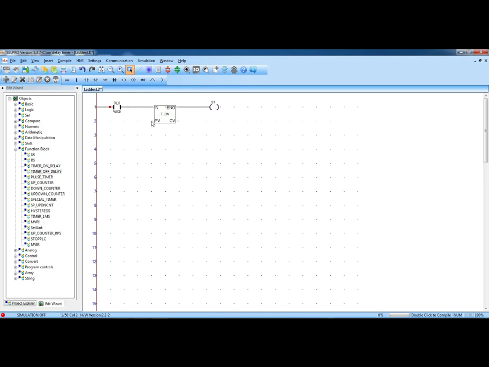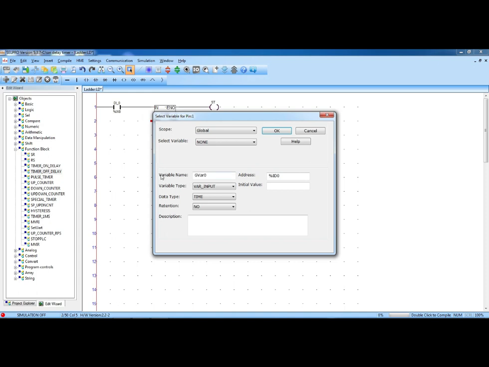Okay, now we are giving the PV value, that is, I will give 5 seconds. Here the variable name you can change, you can write your name also, no problem. I will write my name, Pratima, so I will write PK or Pratima Kumari. Anything you can write, for a lamp that should turn on after 5 seconds.